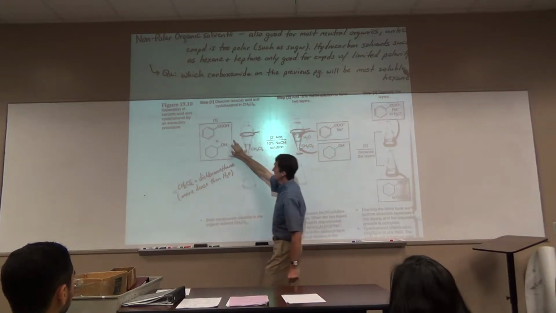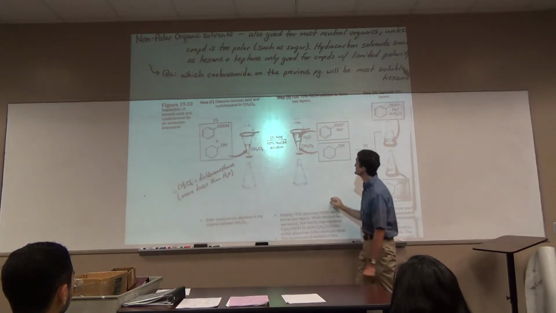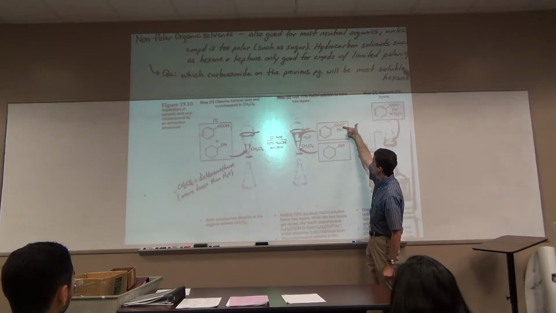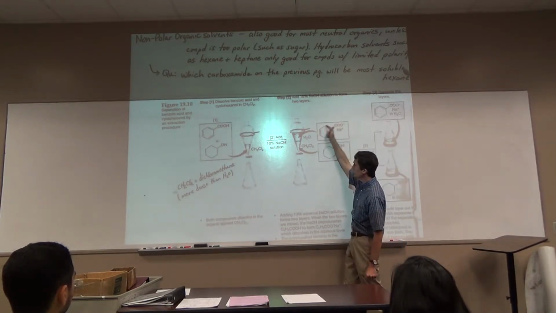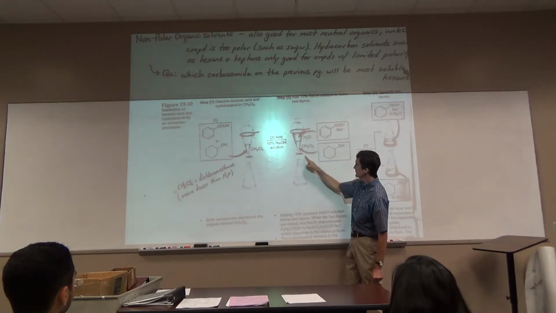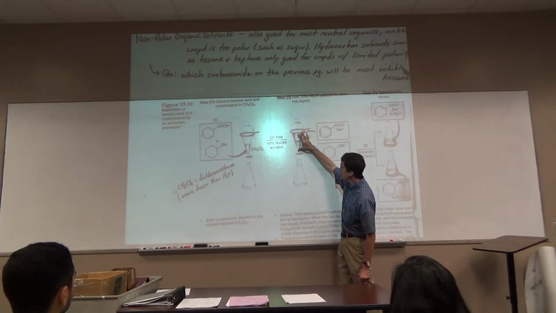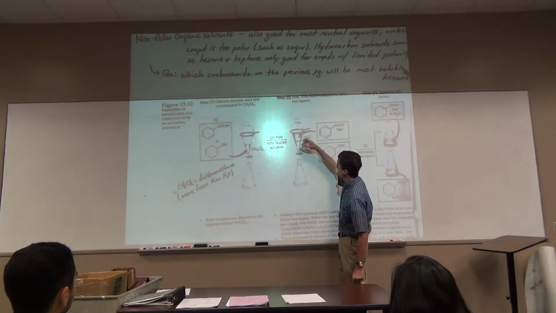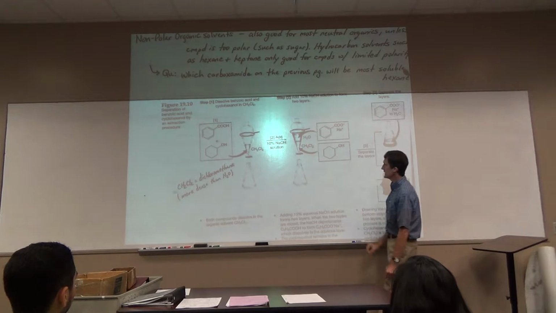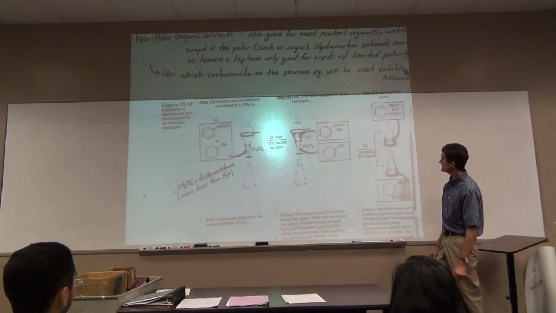The pKa of a carboxylic acid is about 4. So this will be converted to the ion, and this will stay neutral. The ion, or organic ion, will prefer the water. The neutral organic will prefer this. Now we have them separated into two different layers. We can just drain one layer into one flask and put the other layer into another flask. We have separated the two.